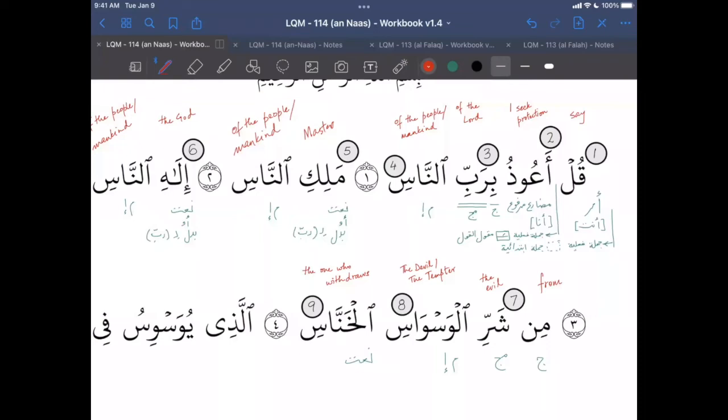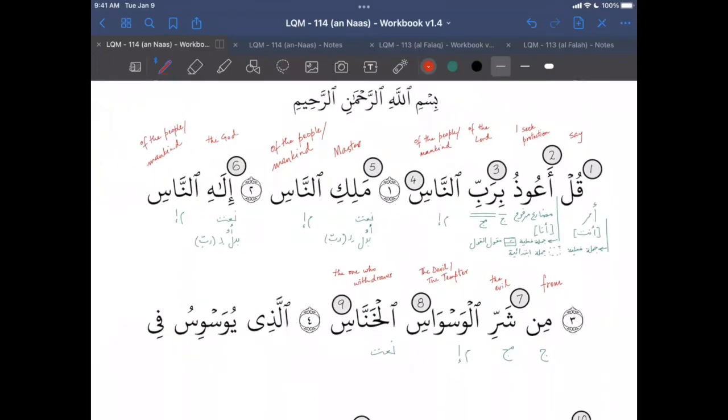By the way, one other translation which I found in some dictionary, I did not capture it in my meaning, but you should know as well, is that Khannas is the one who keeps coming back again and again. Not only does he withdraw, but he keeps coming back as well. To me that is a given, because he doesn't withdraw forever. He's always trying to come back whenever he finds an opportunity, but as soon as God's name is mentioned, he goes back. Some dictionaries also mention the meaning of the one who keeps coming and going.